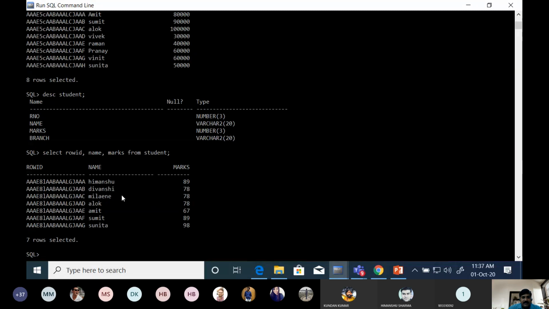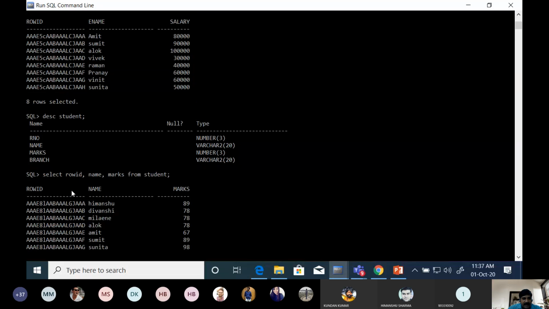See here, this block number is different, E8 and here E5, but the file number is the same and the record number is different. So each tuple has a unique row ID, and the row ID consists of three things: file number, block number, and record number. Did you get it? Yes, sir. And they are stored on different blocks.